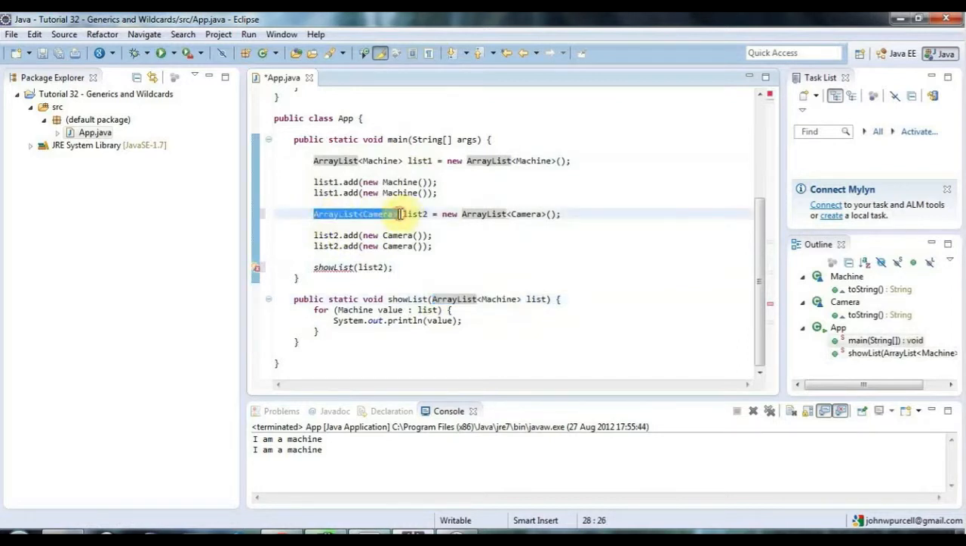shouldn't I? And that's where you have the problem, because in fact an array list of a child class type, or more broadly speaking, any parameterized class which is passed a type parameter of some child class type, is not a subclass of the same parameterized class with the parent type of class as its type parameter. So in this case here, camera extends machine. An array list of cameras is not a subclass of array list of machines,